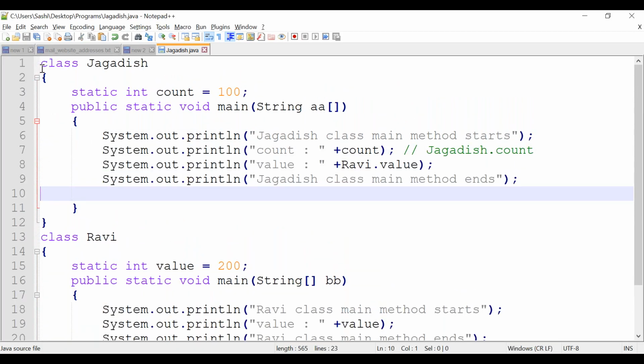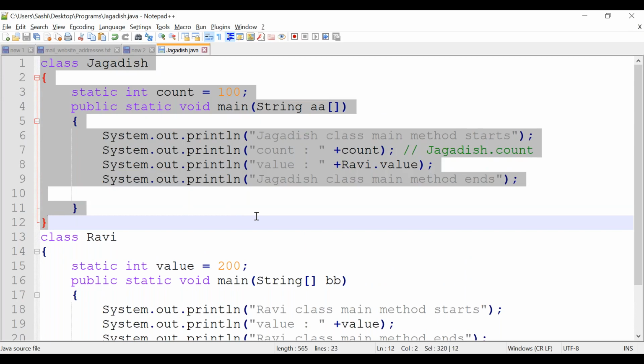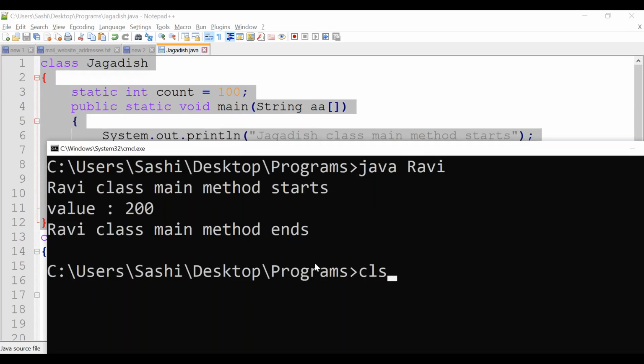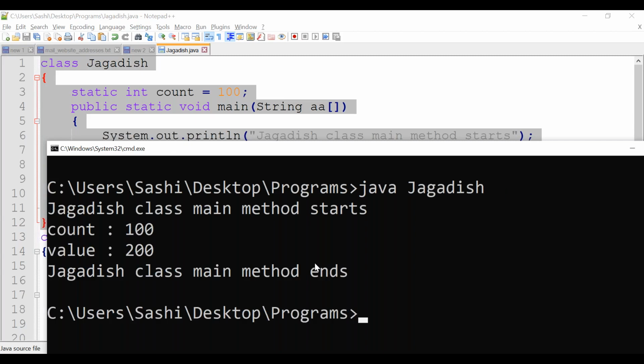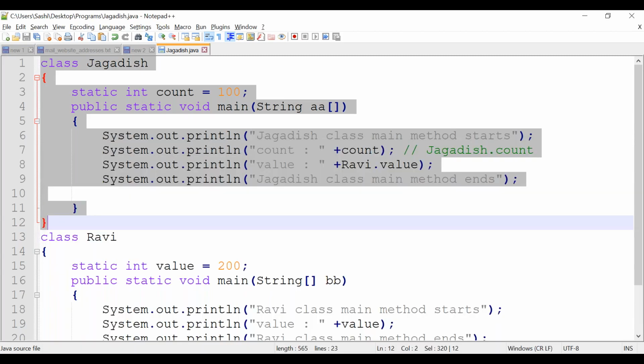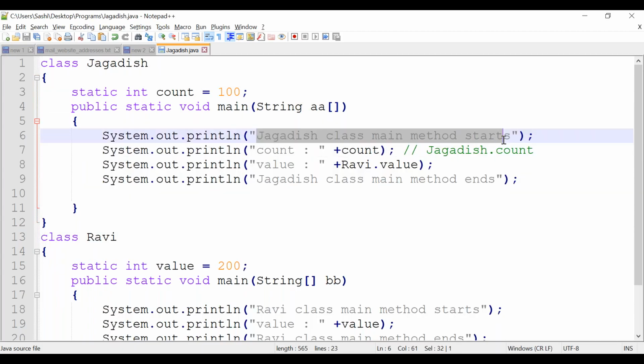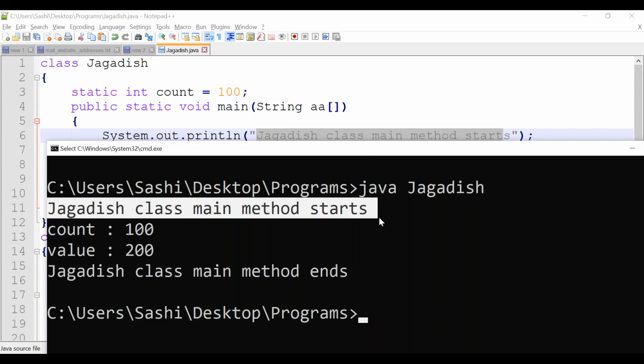Suppose I run the Jagdish class, what will happen here? Let's run the Jagdish class. Listen very carefully. java class name. First output you are getting: Jagdish class main method starts. Second output is the count value you are printing.